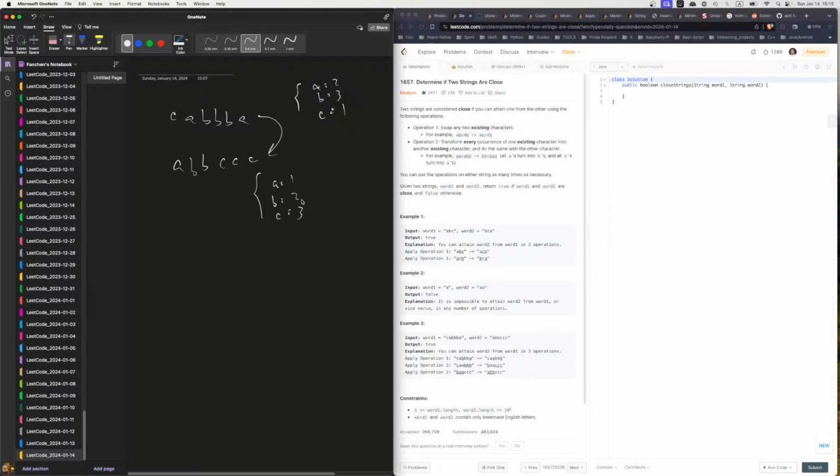Swap itself does not change the count, so you have to get the count right first, which means A needs to swap with something as 1. So this one will become a 1, a 3, a 2. So A is done. Now we have BC, right? BC we need to swap again. They become 1, 2, 3. And once we're done,